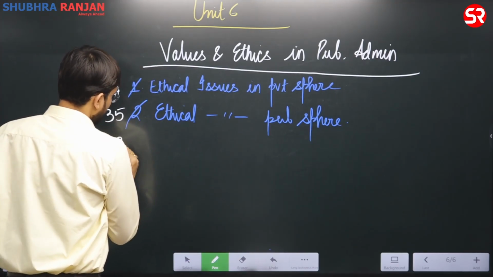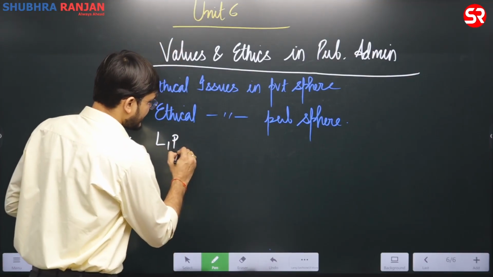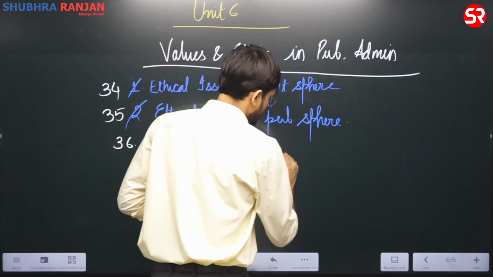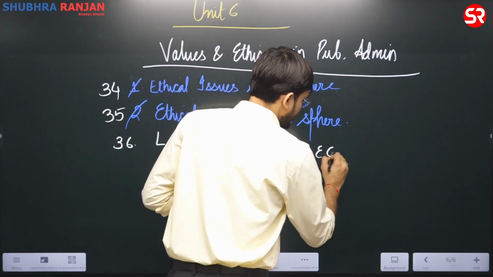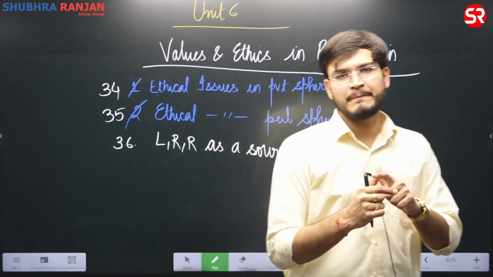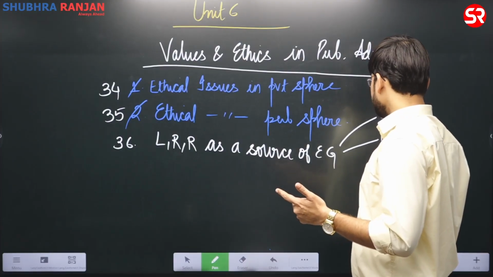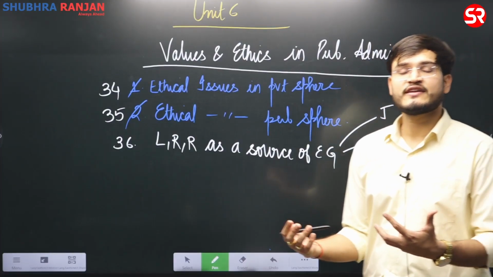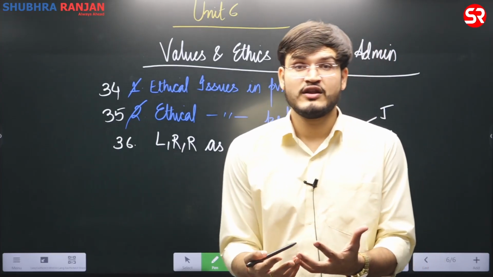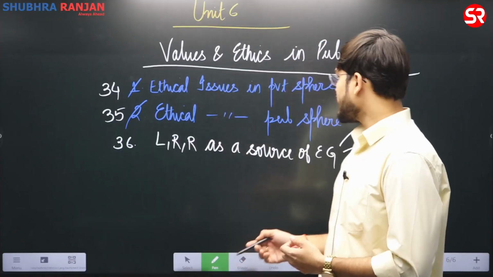And thereby, for example, the 36th theme would be around laws, rules and regulation as a source of ethical guidance. यहाँ पर आप कौन से keywords का इस्तेमाल करेंगे? Justice approach. Yes, what are those keywords? Justice approach, that is minimum criterion, because these laws, rules and regulations provide the minimum condition to fulfill. And anyways, for a public servant, we have to go beyond these laws, rules and regulation to help people.